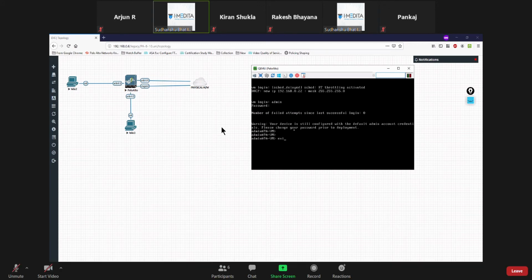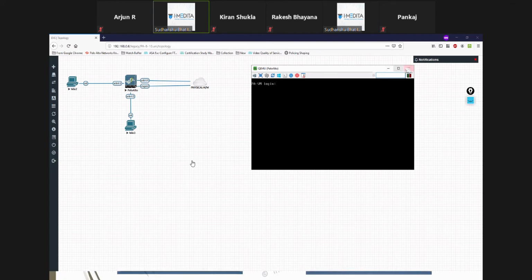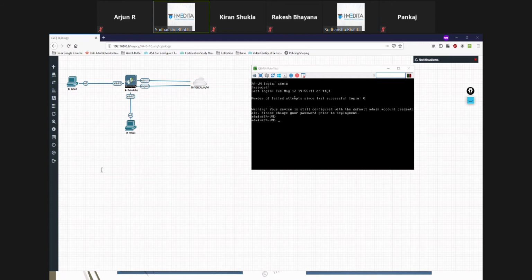For now, I'm not going to go much into the CLI, and we'll do SSH to the firewall later. But suppose I had that 192 address right here, and now it's gone away. Let me just show you one command.